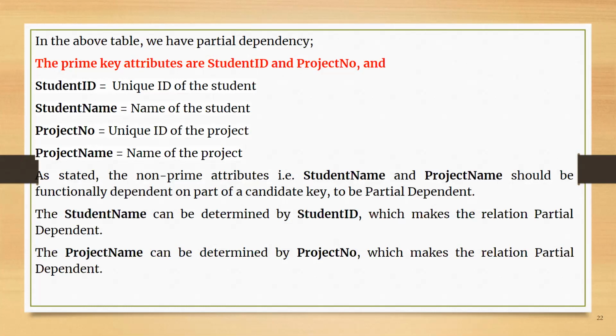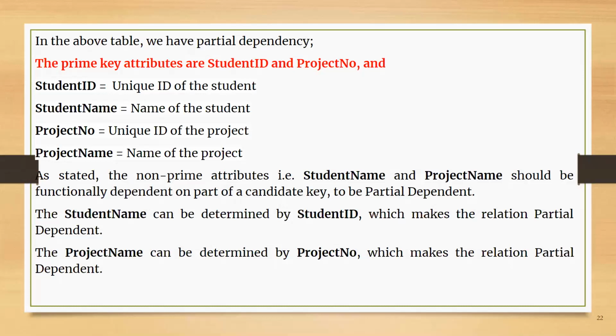When I talk about non-primary key attributes, as per the example, we have student name and project name, which are functionally dependent on part of the candidate key. Student name can be determined by student ID, which makes the relationship partial. You have a composite key, that is student ID and project number, where student name is dependent on only student ID.